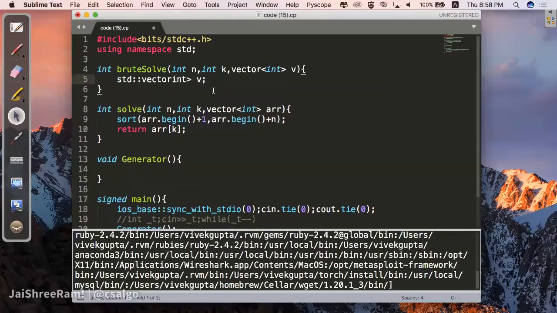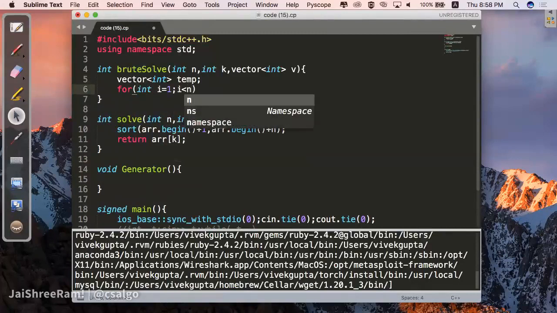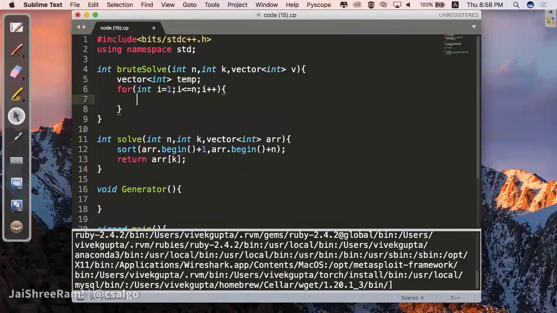I'm doing this just to stretch things a bit, but nothing fancy in this. Okay, so there are elements from 1 to n, so I will go from i equal to 1 to n, and I will push that into temp. I'm just copying those elements, making them 0 indexed.